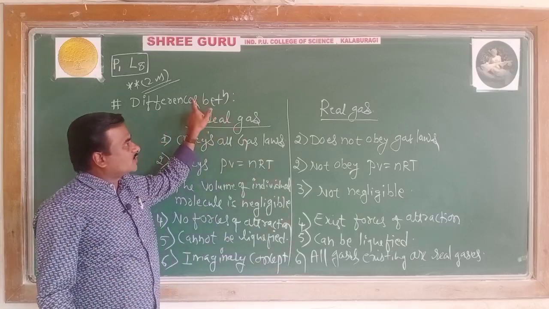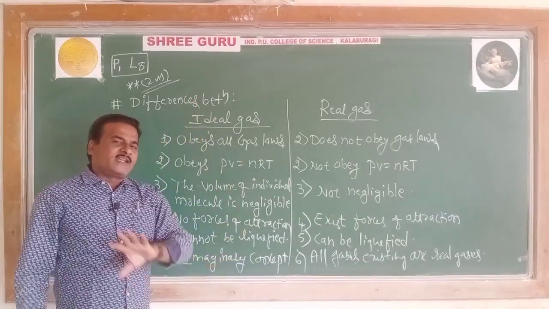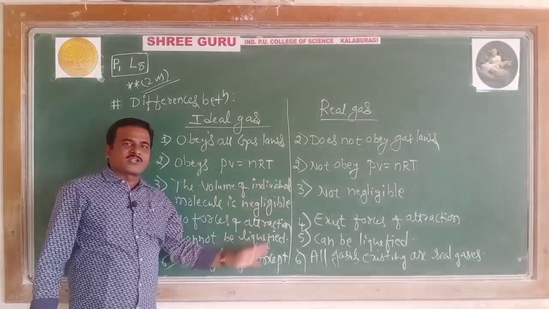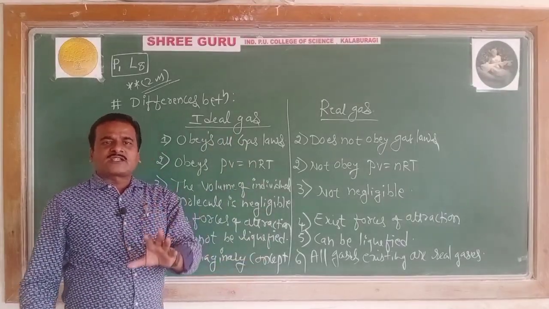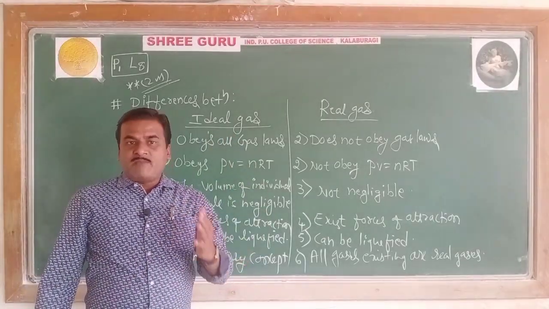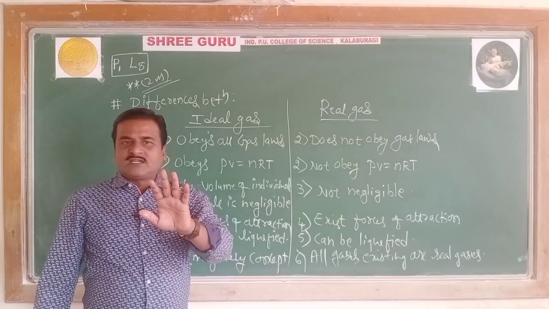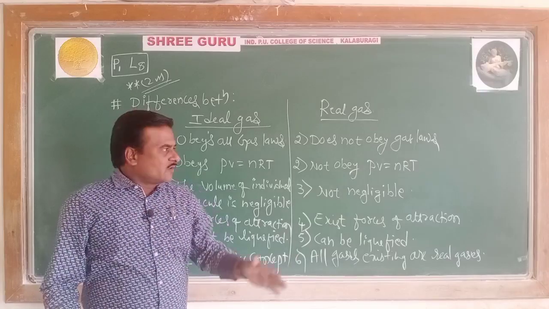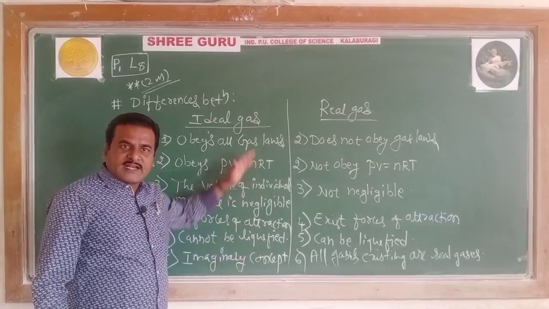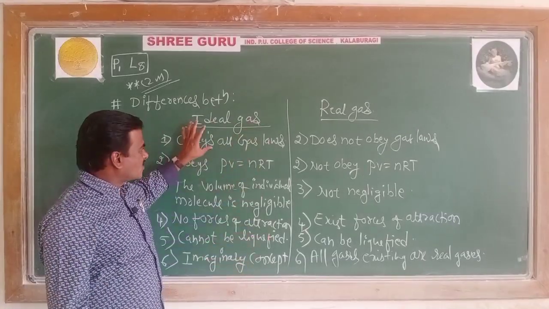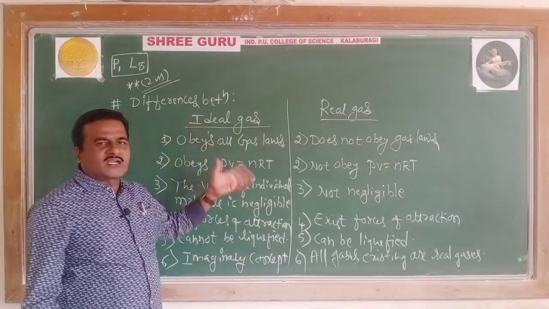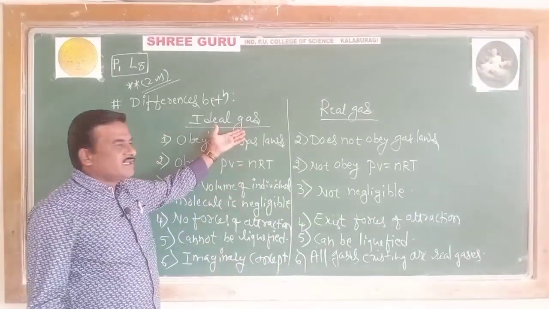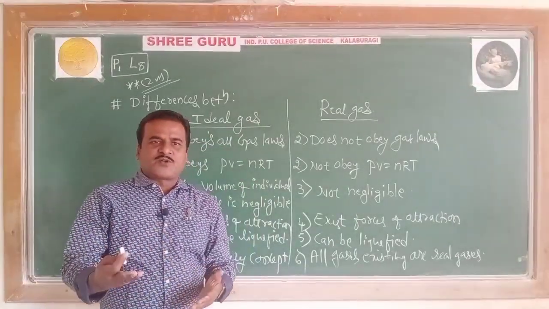Then only you will get 2 marks pertaining to this. It is not necessary that you are supposed to mention all these points. As per the question, you will be asked to write a maximum of 2 differences. So irrespective of the order, it doesn't mean that you should start with the first point only. You can write the last point as the first point.